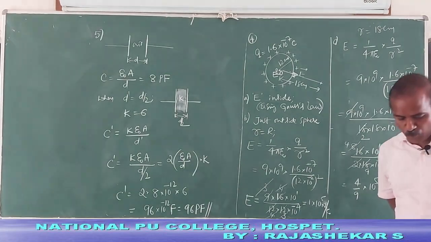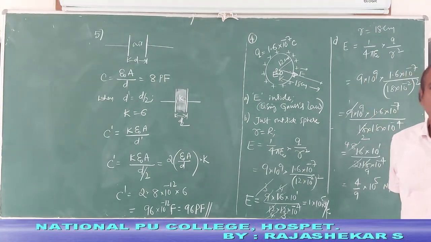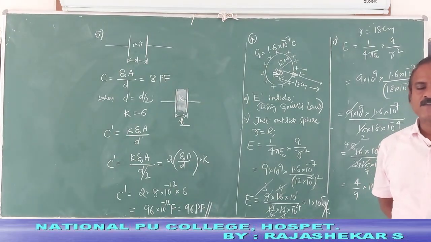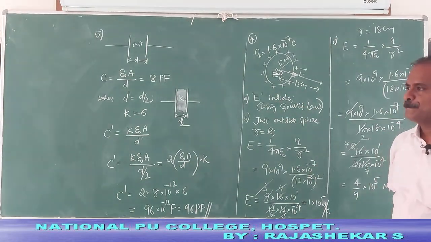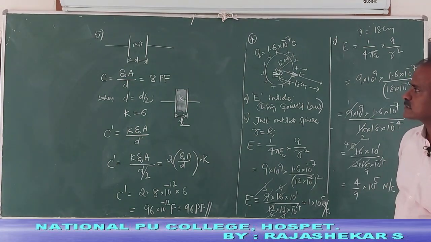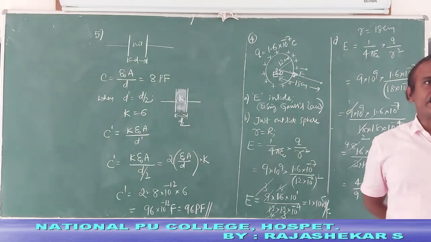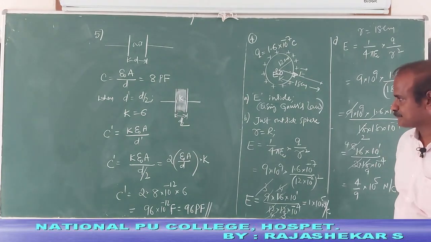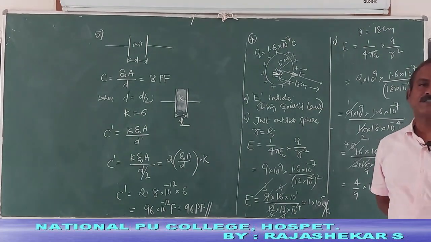So as we know the property of the capacitance of a parallel plate capacitor, when a dielectric slab of dielectric constant K is introduced between the plates of the capacitor, its capacitance will increase to K times when completely filled. When partially filled, we have a different formula. As for the question, the space is completely filled. Initially it was filled with air, so we can call it an air capacitor. Now it is a dielectric capacitor, and the distance is also reduced to half. On decreasing the distance, the capacitance will increase.